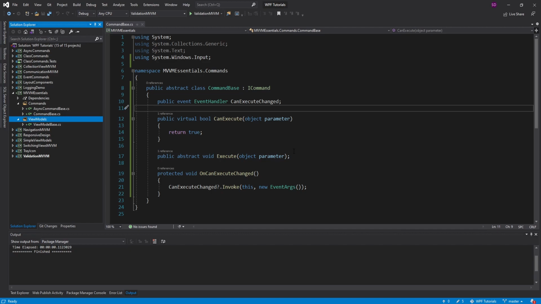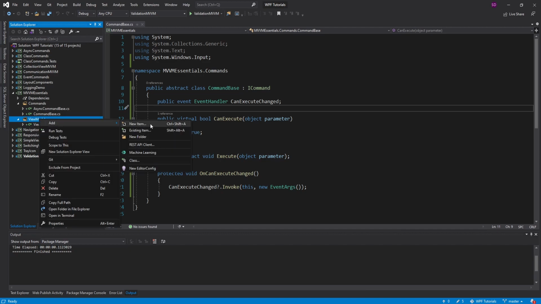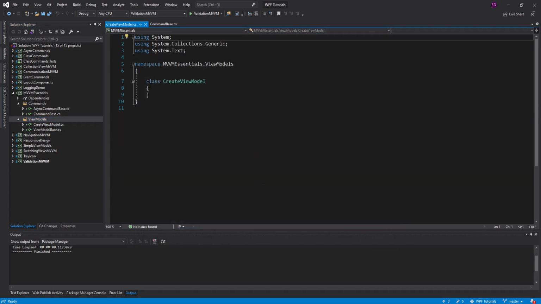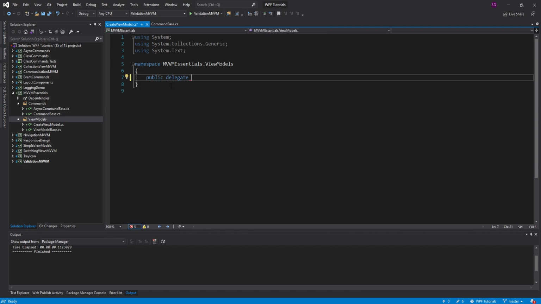So the next couple things I have are pretty simple, and those are going to be a couple delegates. The first one is a CreateViewModel delegate. So I'm putting this in its own file, but it's not a class, it's just a delegate. So it's going to represent a method, and this method will return some kind of ViewModel type, and our delegate will just be called CreateViewModel. So that's how we're going to reference this method signature, and it's going to be generic for our TViewModel, and it will take no parameters.